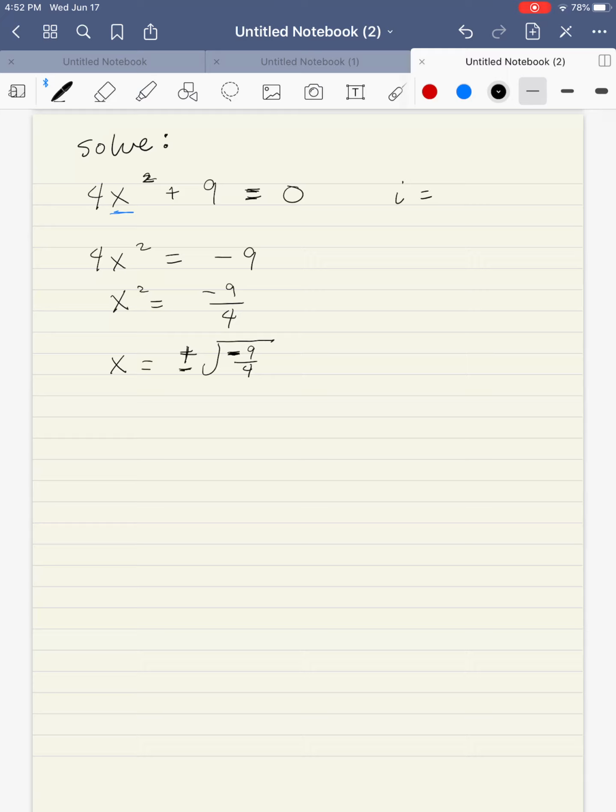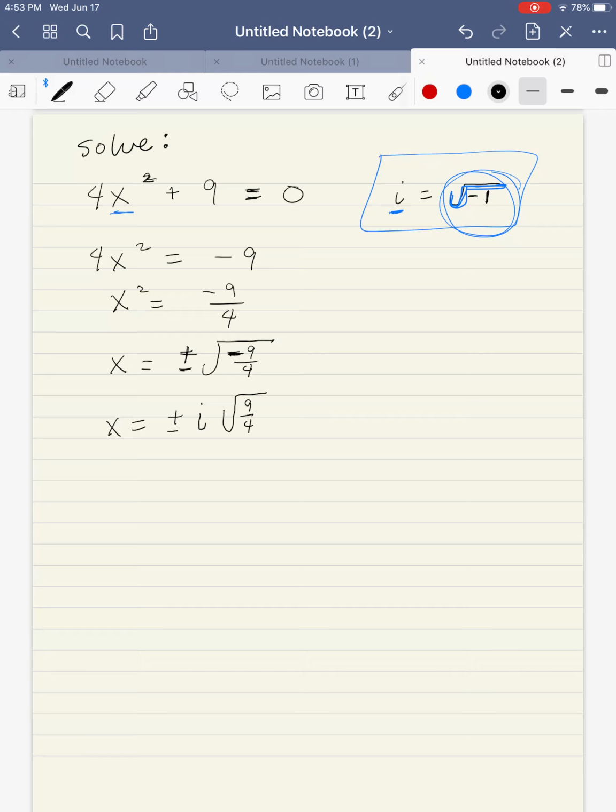Remember that we have our complex number i, which is equal to the square root of -1. This is by definition. So whenever we have a square root of a negative number, we know we're going to have an i in our solution. You never leave a negative under a square root. You always replace it with i. And notice that the i includes the square root. So when I am solving this, I have plus or minus, and then this negative is the square root of -1, so I have an i